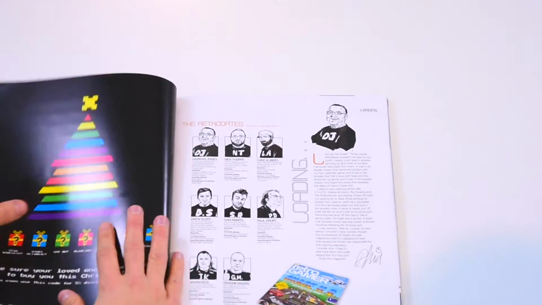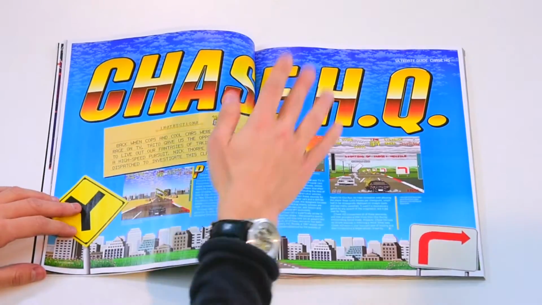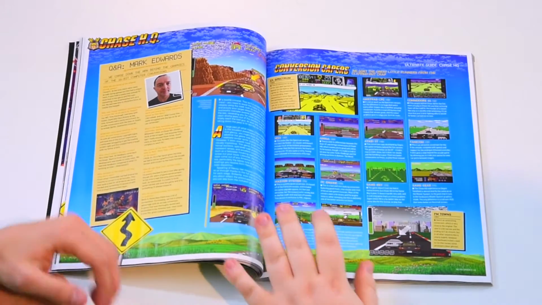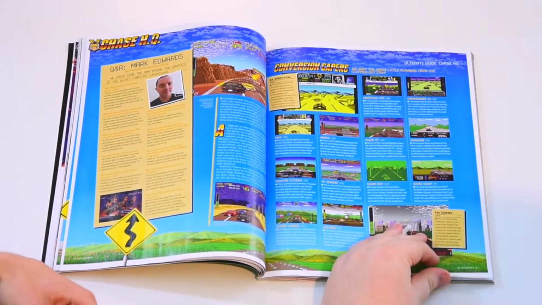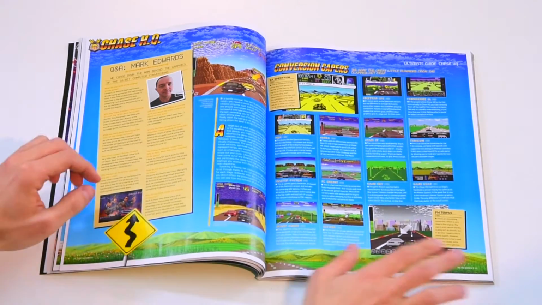Yep. So, we should probably hold up the cover. Yeah, so let's do Nick, the cover. You like Chase HQ. I do like Chase HQ. It's a bit before my time, but there we go. Chase HQ. So, who have we spoken to, Nick? We have spoken to a couple of artists for this one. So Mark Edwards, who worked on the 16-bit versions, and Bill Harbison, who worked on the amazingly impressive 8-bit home